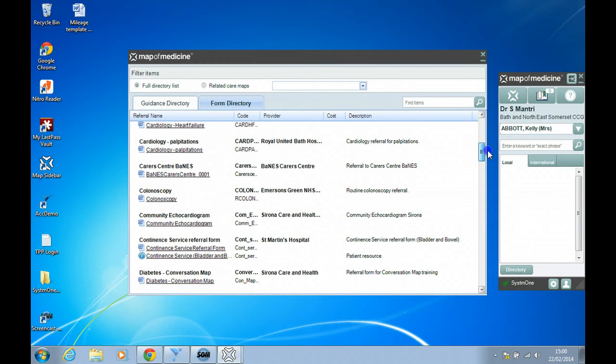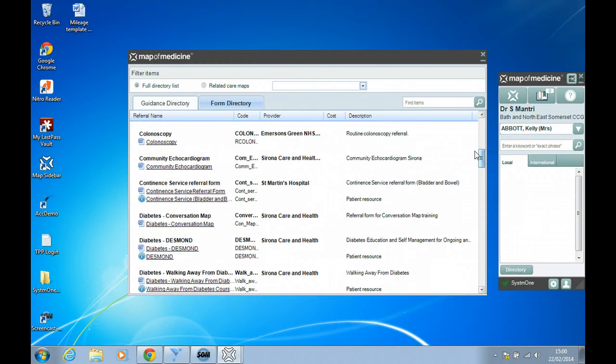The idea is that as a clinician or non-clinician, you can double click on these forms and it pulls the necessary information such as name, address and NHS number from the clinical system